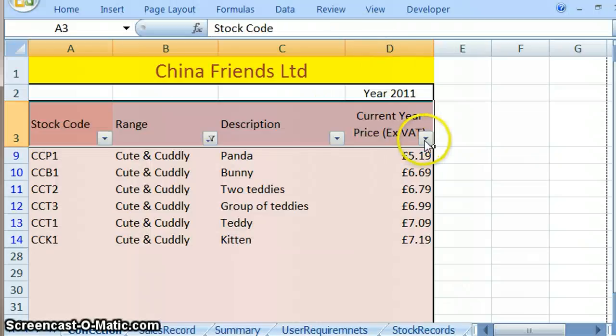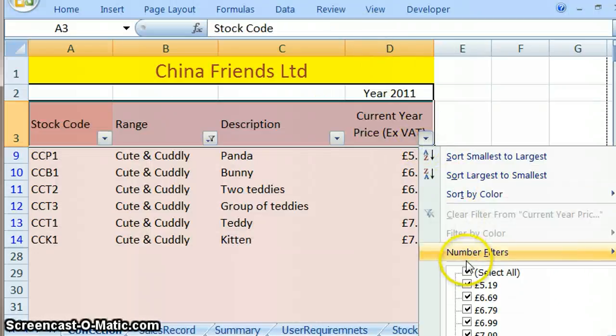So to do a price of less than £7, we have to deselect all, and I've just highlighted where it says number filters, and then I'm going to choose less than in my list, and you can see that it's just not fitting on the screen,